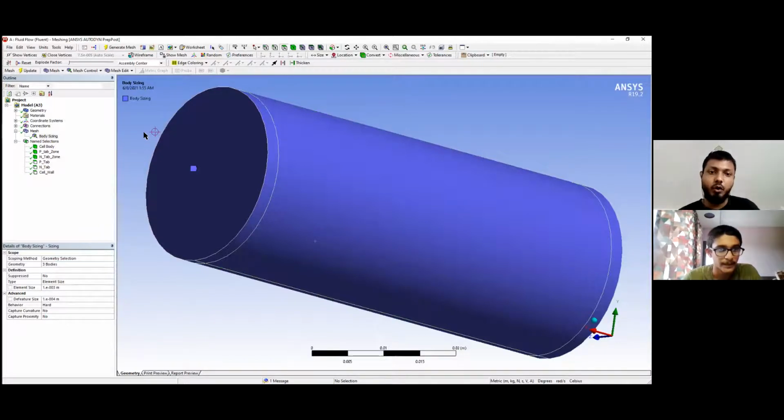This is the normal cylindrical 26650 battery. I have assembled three cylindrical shapes: 2 millimeter for the positive tab zone, 2 millimeter for the negative tab zone, and 61 millimeter for the cell body.